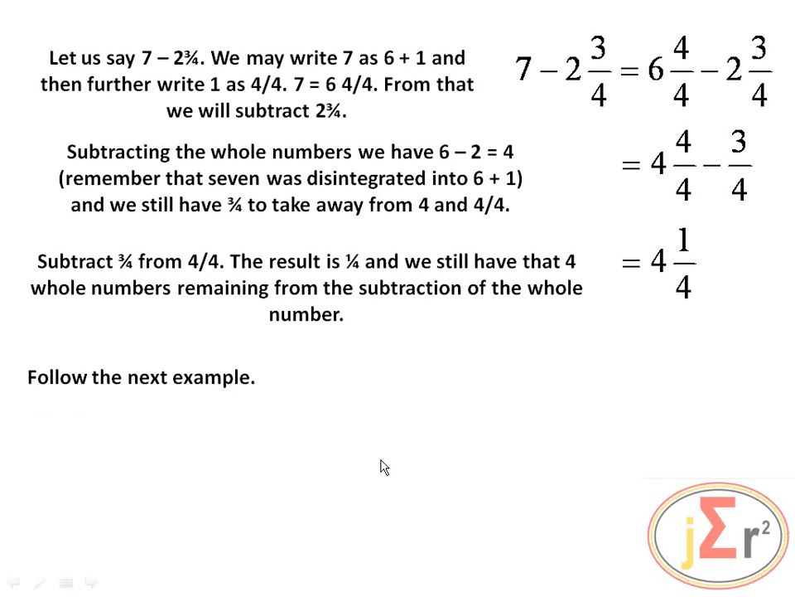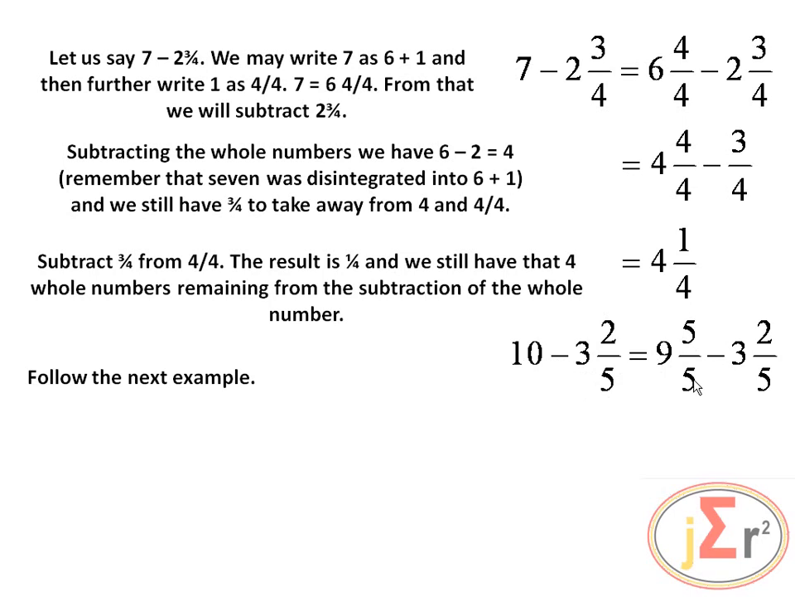Follow the example that we are about to put on the slide. Let's see if we can follow that. We have 10 minus 3 and 2/5. We write the 10 as 9 and 5/5. 5 over 5 is 1, so 9 plus 1 is 10. So we write the 10 as 9